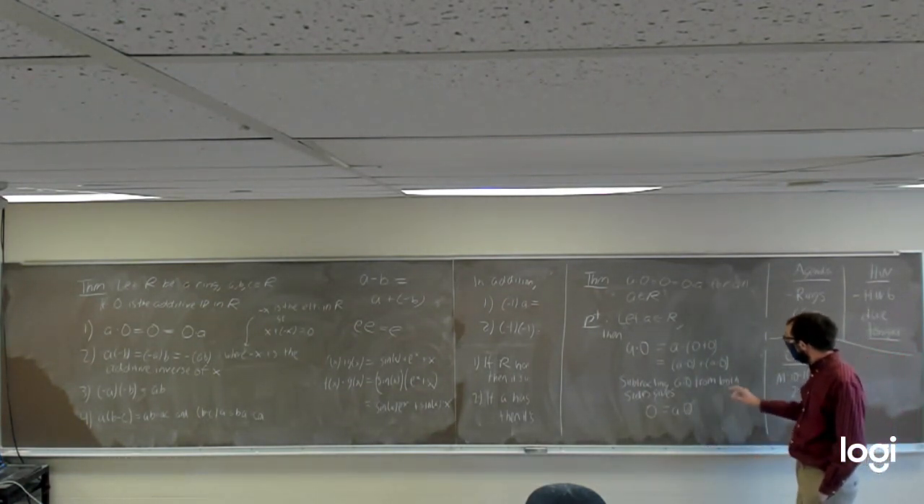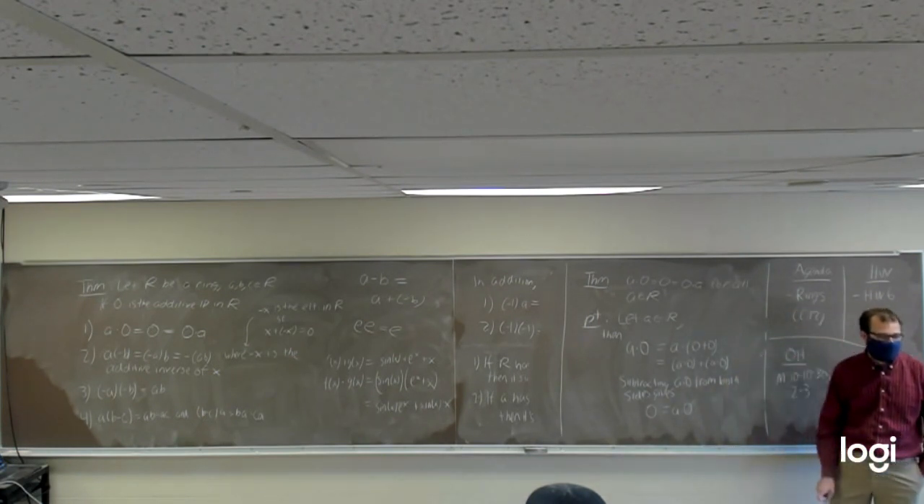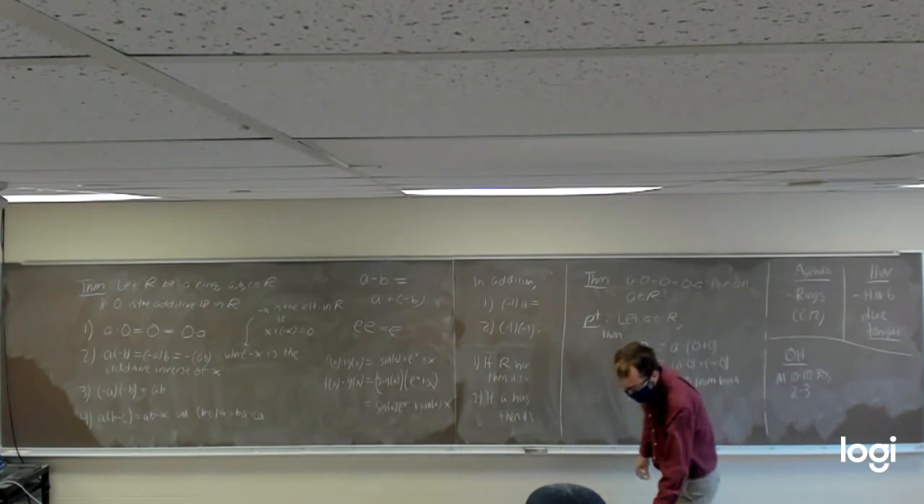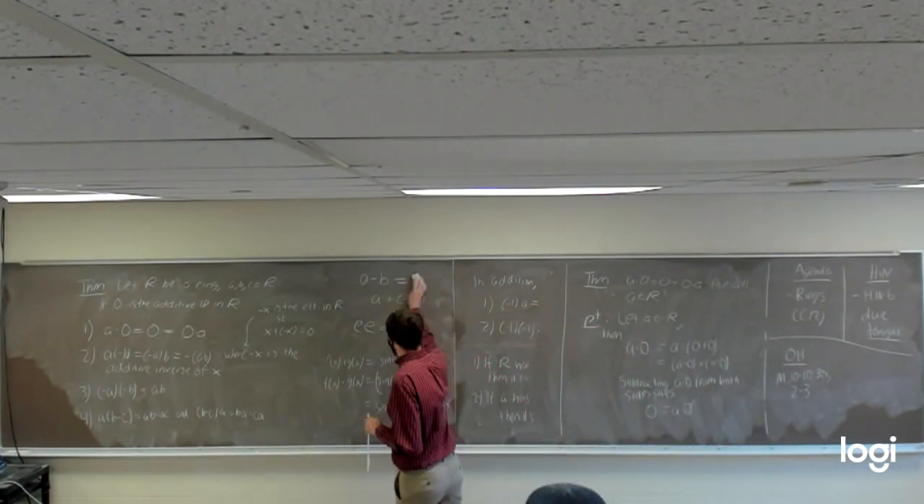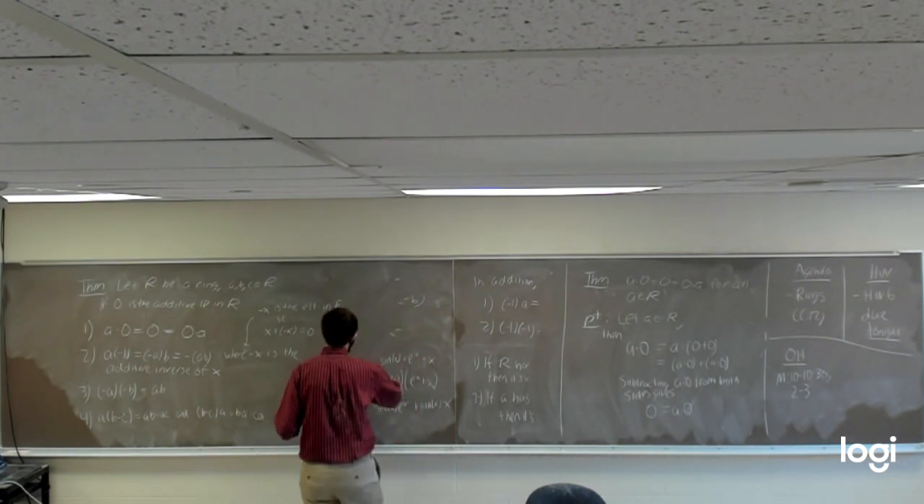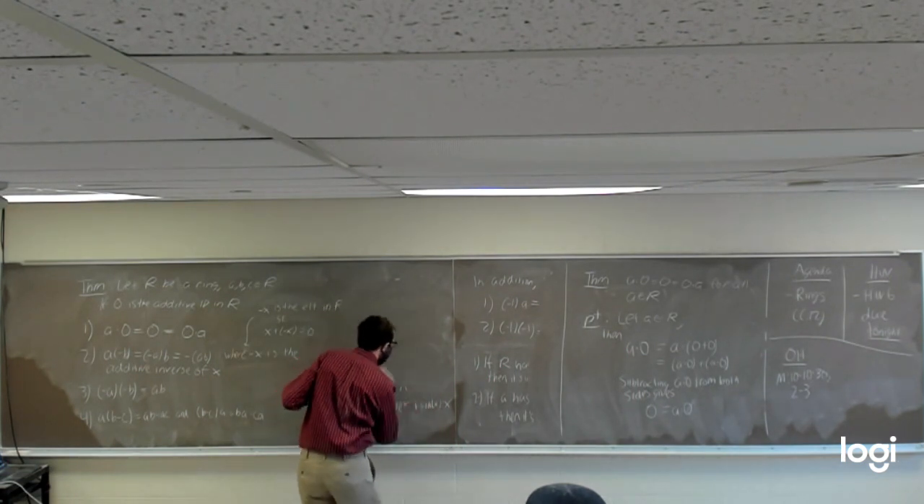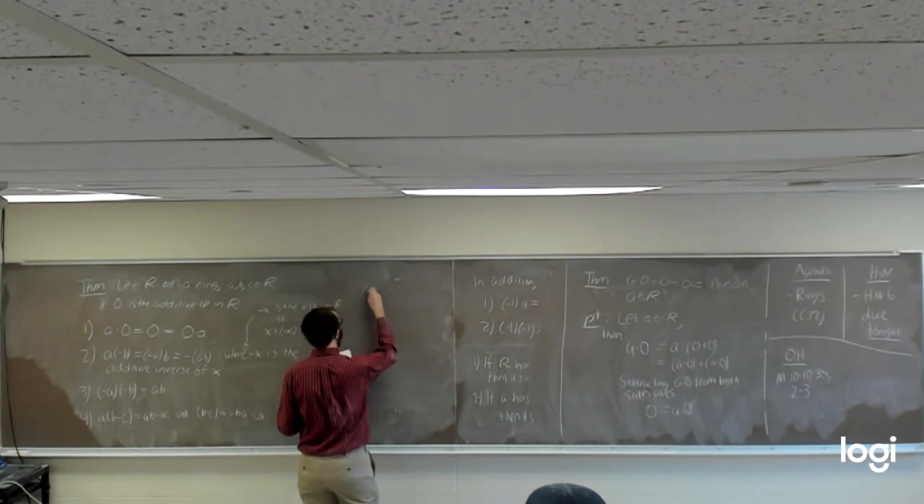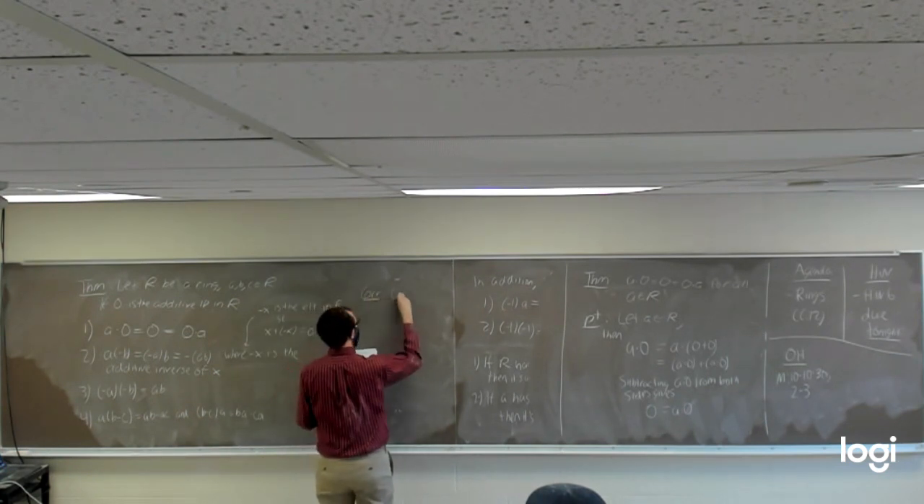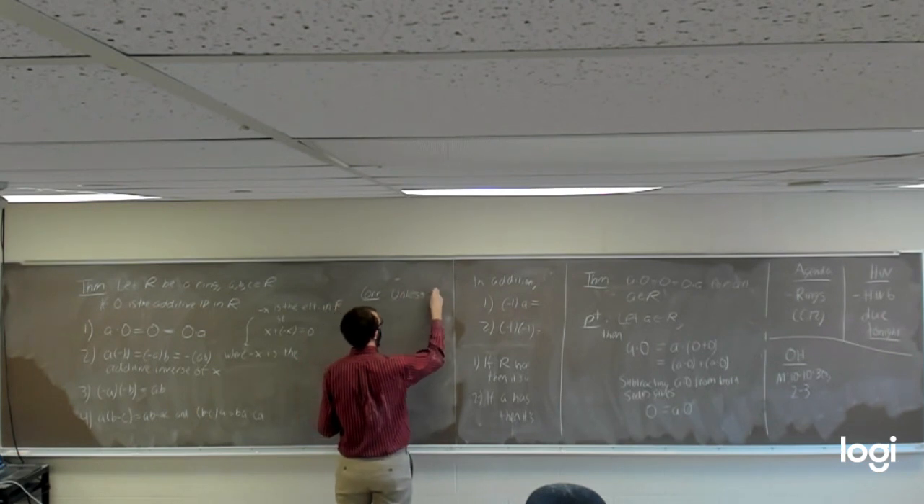I don't feel like proving 0 times A equals 0 because it's basically the same proof. It's the same proof, just reverse things and use the other distributive property. So here's an interesting corollary to this. Unless 0 equals 1,